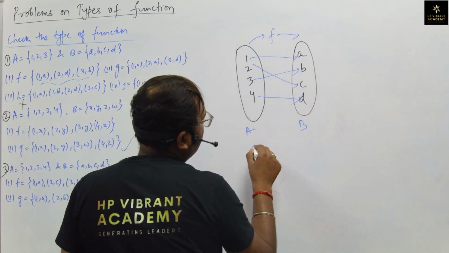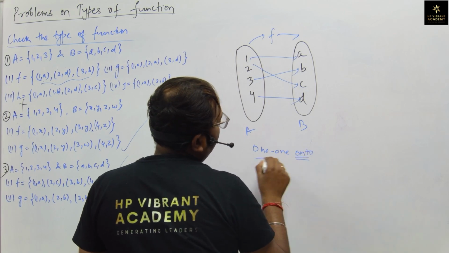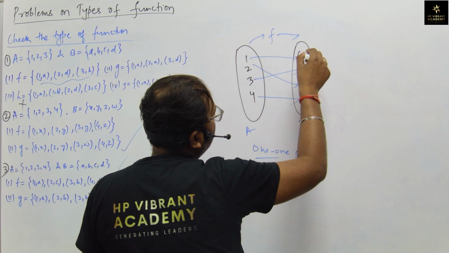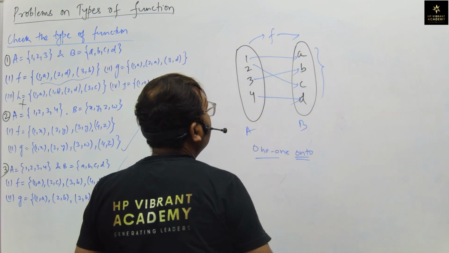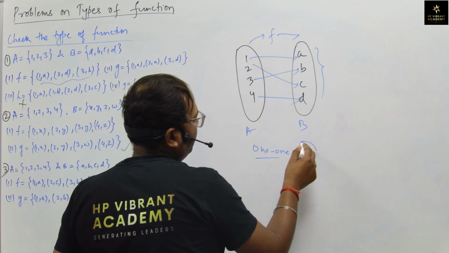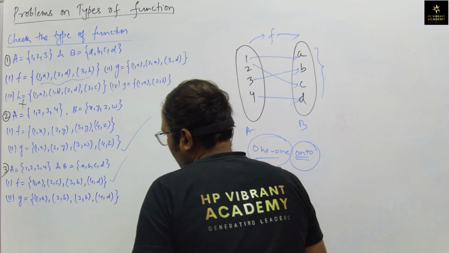So this is nothing but one one onto. Okay, a single element is getting mapped to a single element, plus there does not exist any element in set B which is not having any pre-image in set A. So this is satisfying the definition of onto as well as one one. So this is one one onto. Now let us